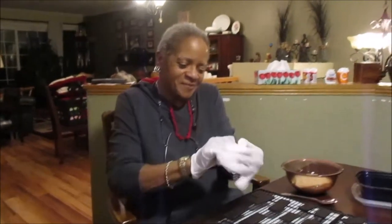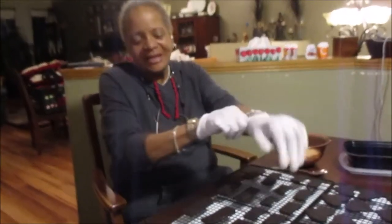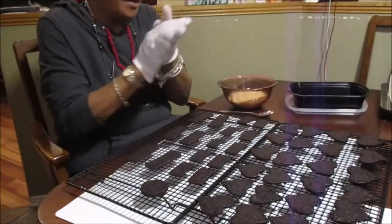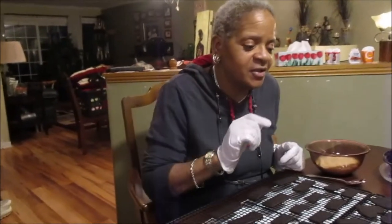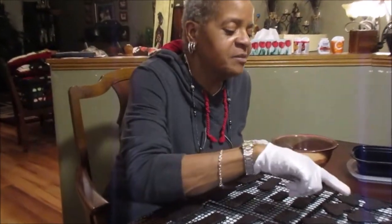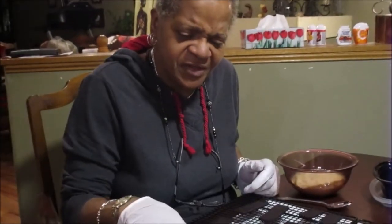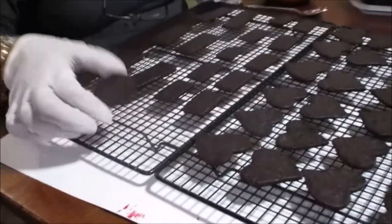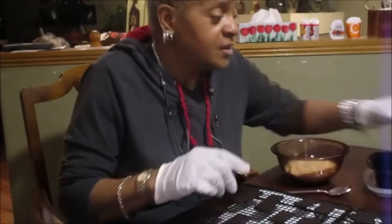Hi everybody, welcome back. Now here comes the fun part. I think I made my cookies a little too thin, but I don't think so because I think these are going to turn out really, really well. So what I have is I made 24 hearts, and then I made 5 of these little rectangle-y things, and then I made 3 of these big rectangle-y things, and then we've got our special little cookie for our special little Stevie. Okay? So what the recipe says to do